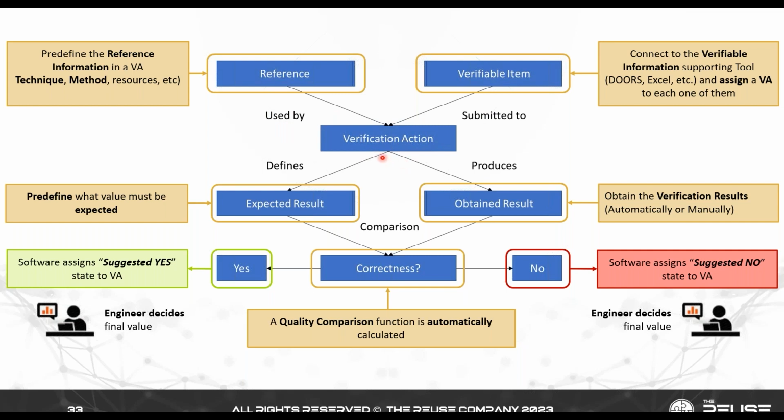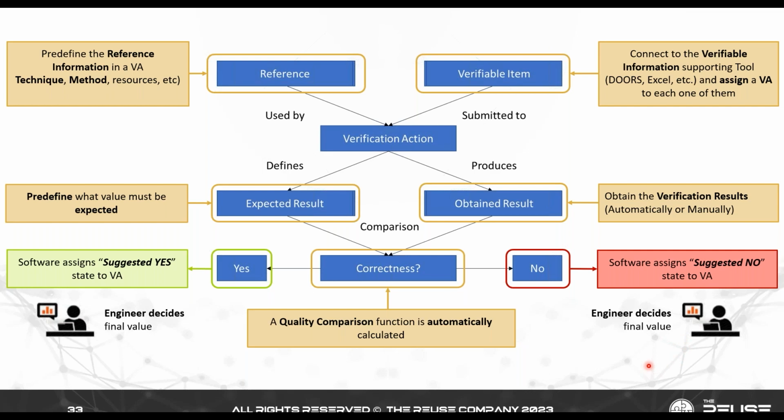This verification action is going to have 2 pieces of information. The first one is going to be the expected result. So the value in the first example that we had, it was 10, I believe, 10 milliseconds. So this was the expected result. And then which is the obtained result after the simulation, the testing, and so on and so forth. We input both pieces of information, and then with both pieces of information, the tool is going to be able to compare them and provide you with a suggestion, yes or no. This is important, and I reiterate the word suggestion,